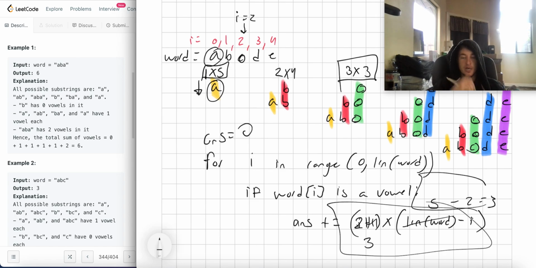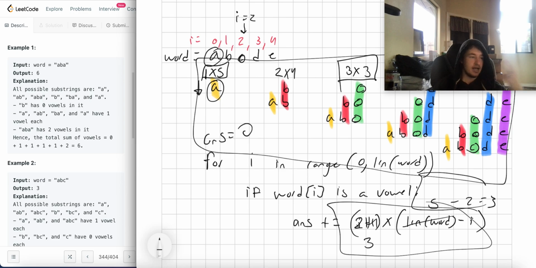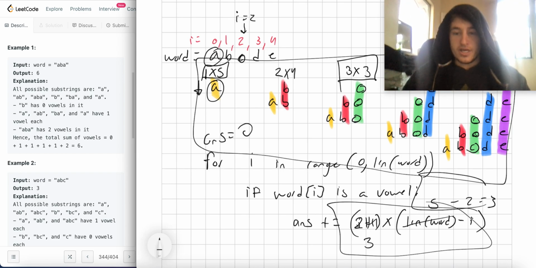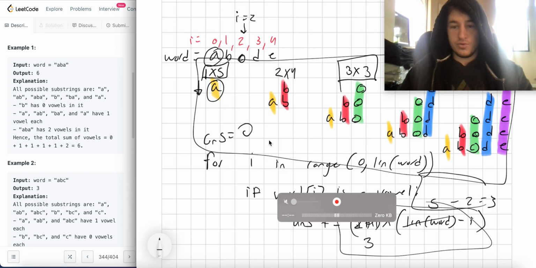So it'll give you the number of substrings that a vowel exists in. So again, it's all about how you draw the system. When you draw the system like this, it becomes very obvious what the relationship is between a letter and how many substrings it exists in. So yeah, it's all about the way that you draw it. Maybe I should have drawn it differently and then tried to think about how I can order things to make it more obvious. But with that, let's go ahead and get right into